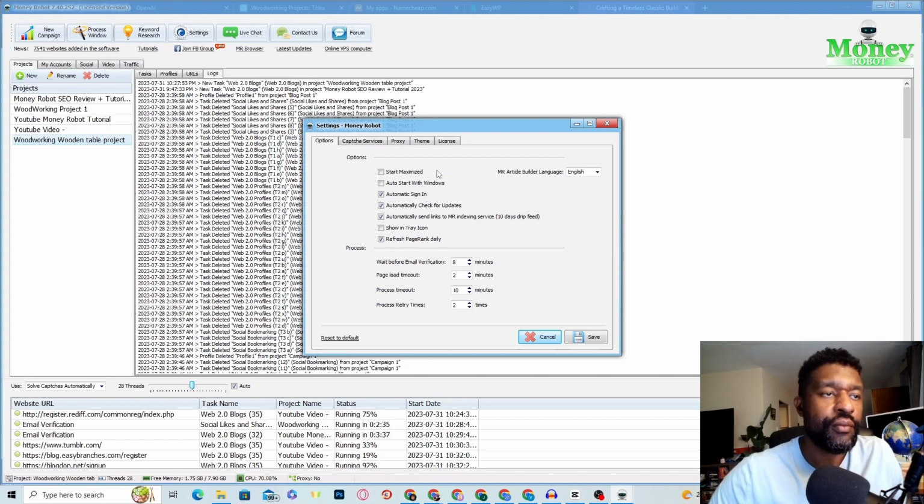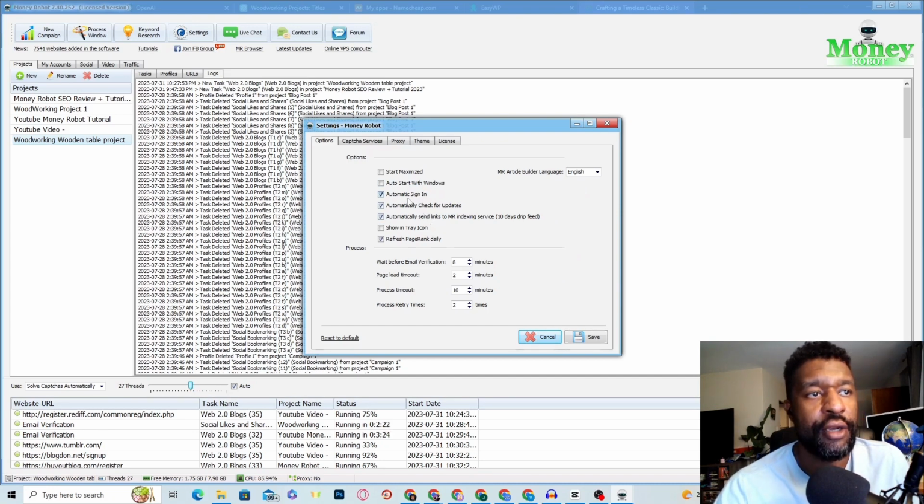So start maximize means that when you start the moneyrobot, it's going to be this size. It's going to be full screen. Auto start means it's going to start with Windows. Automatic sign in signs in automatically for your convenience. Automatically checks for updates. You want to have all 3 of these on, and then you want to go into